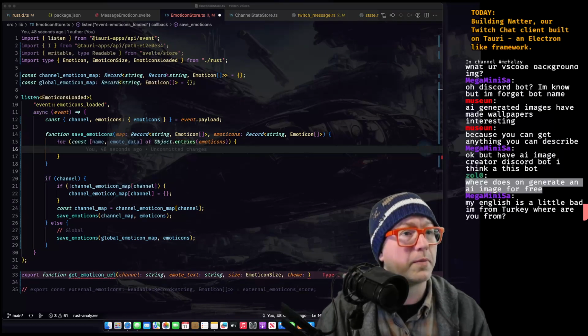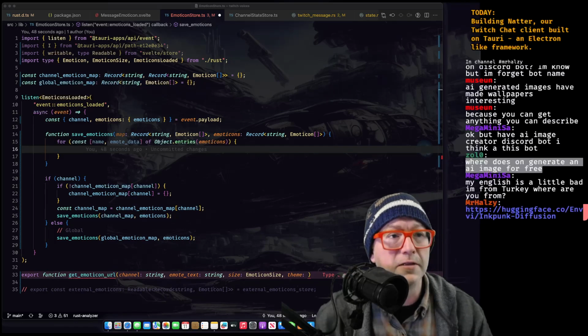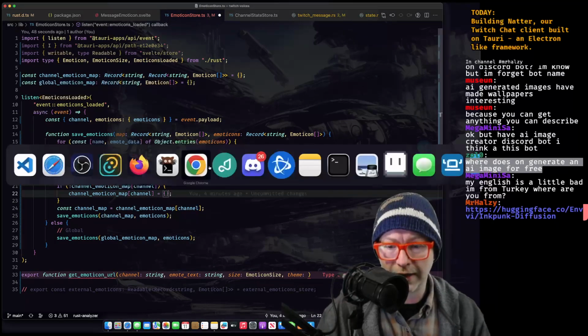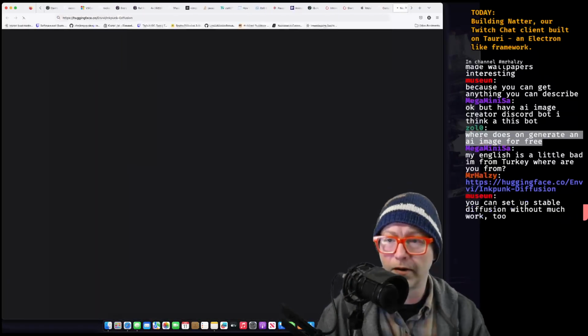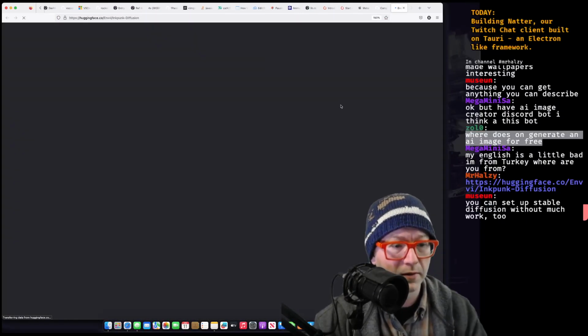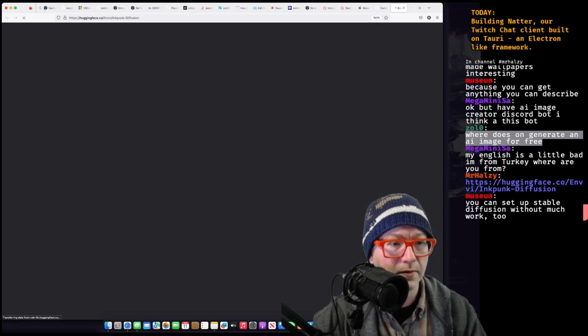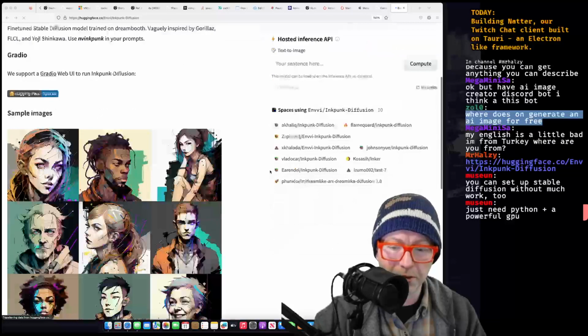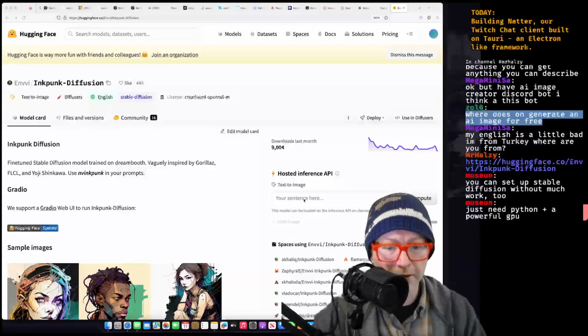Okay, this is a model that I like, right? And if we pull that up, you can actually get into a queue on Hugging Face to be able to generate an image.